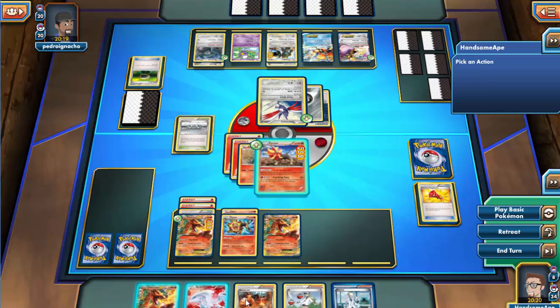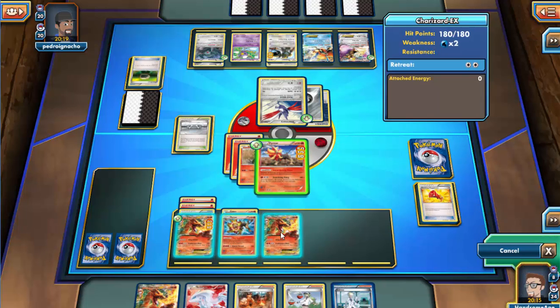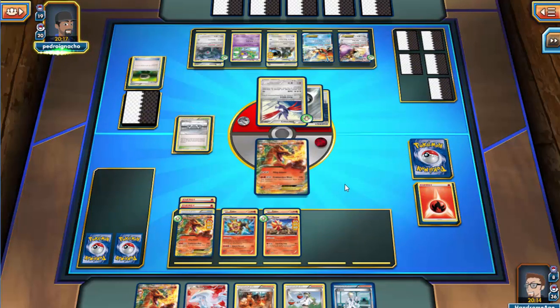Attach. And retreat into Charizard, I guess, just for now. Just to keep that guy alive, because that is going to help us with all of his basic Pokemon. Yeah, okay, I'm not quite sure what our next play should be. I think it might be... yeah,